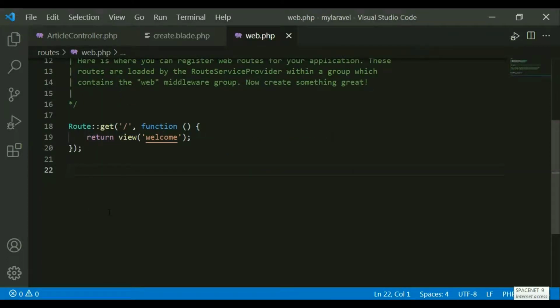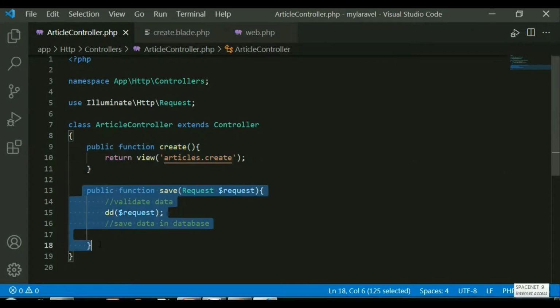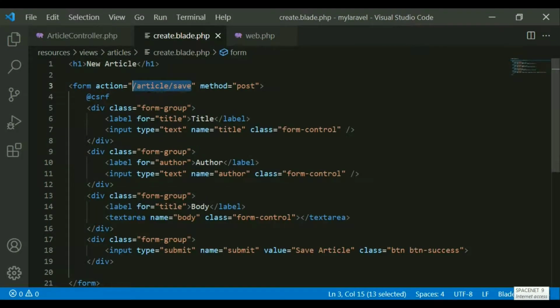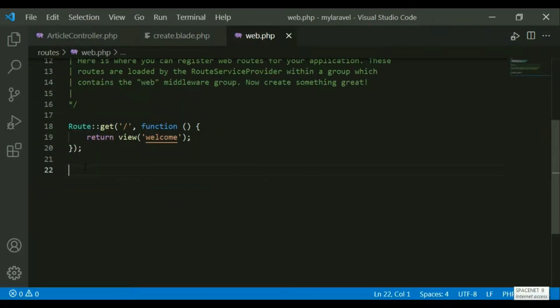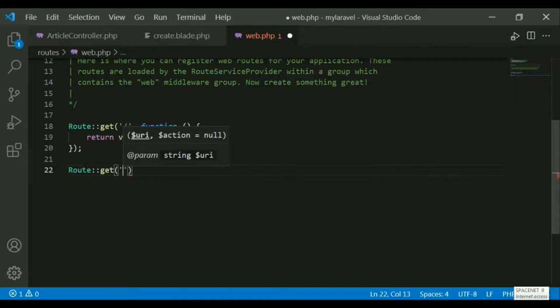I want to create two routes, the first to display my form. For this function I have to create a route. This route name is article save. To display the form, I have to create a route with the get method.